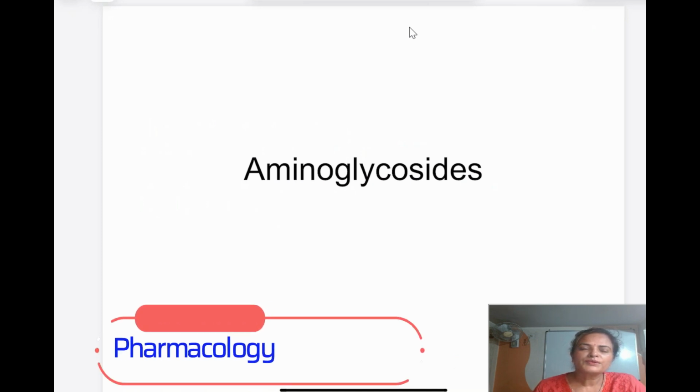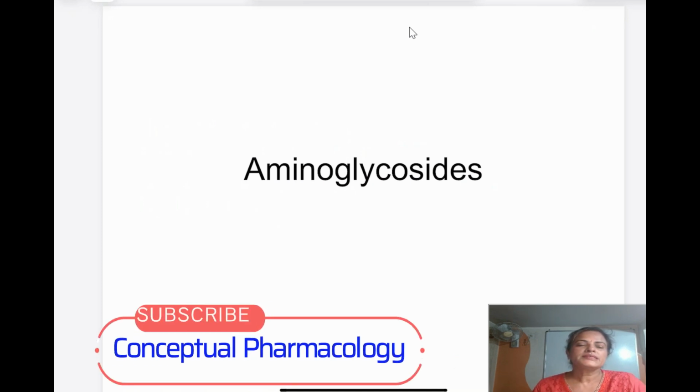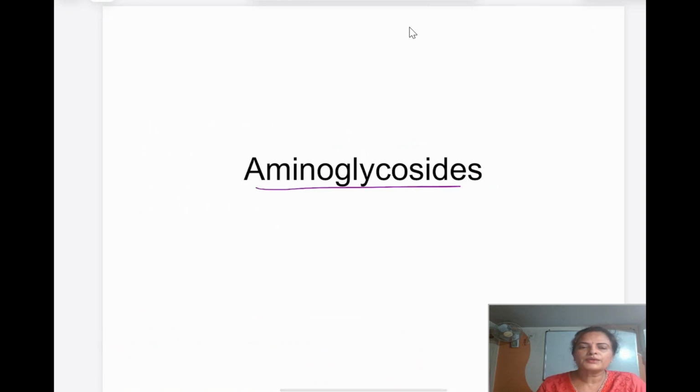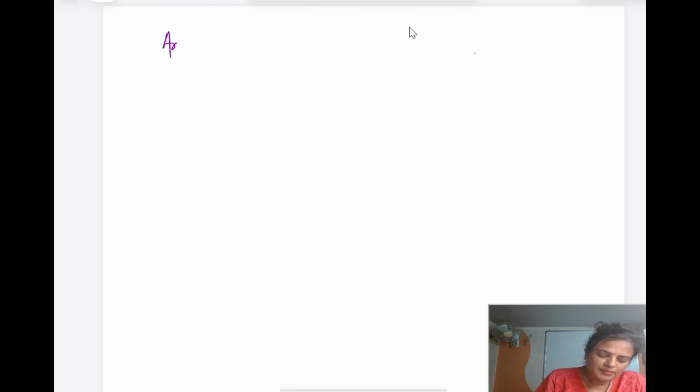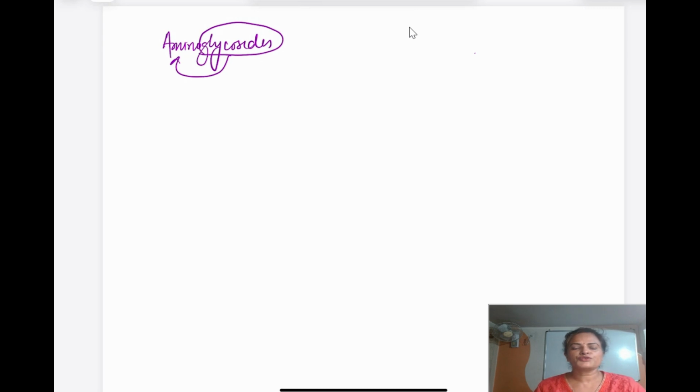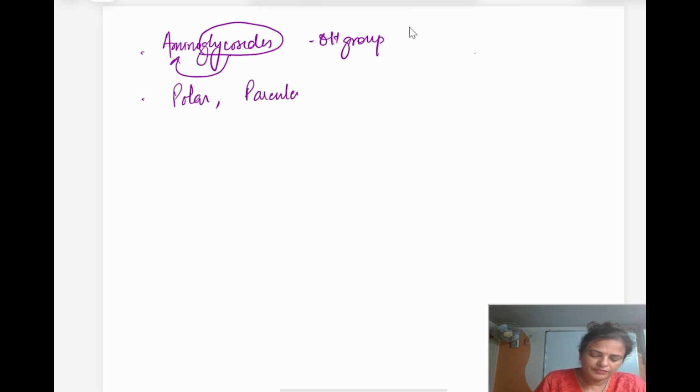Hello everyone, today I am going to discuss another topic of pharmacology from the section antimicrobial agents, and it is aminoglycosides. As the name says, the glycoside is linked with an amino sugar, and along with this there are OH groups. This group of drugs is highly polar, so they are not water soluble, and the majority of them we give by the parenteral route, either IM or IV, and they are available as natural and